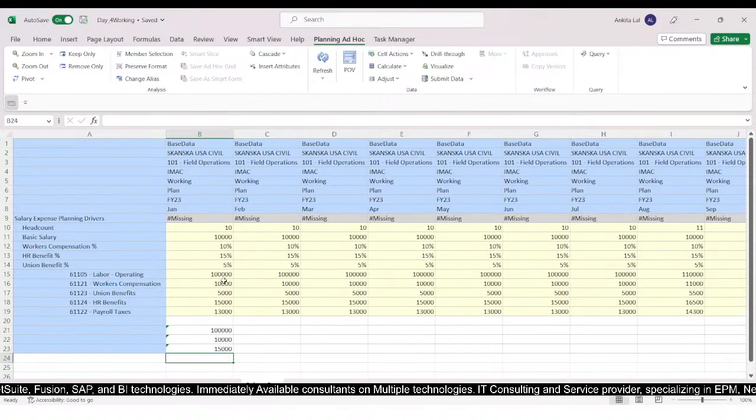Okay, so here we are calculating union benefit, which is at the rate of 5%. Okay, so here I made the error. Here our basic salary will be multiplied with the HR benefit. Sorry, here we are getting the union benefit, so this will be multiplied with the 5%. Then finally we will have our HR benefit, which is at the rate of 15%, multiplied with